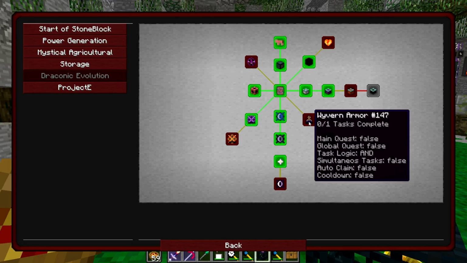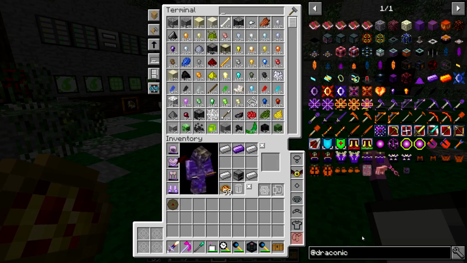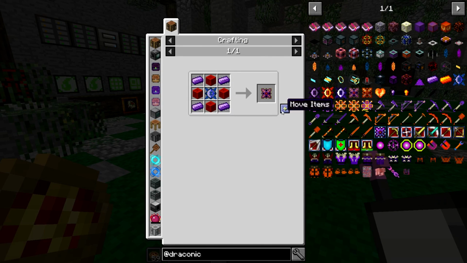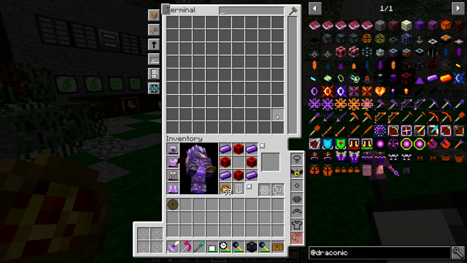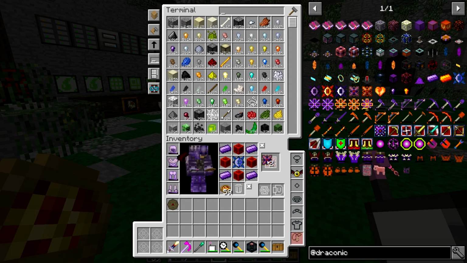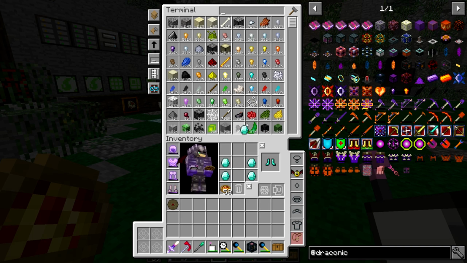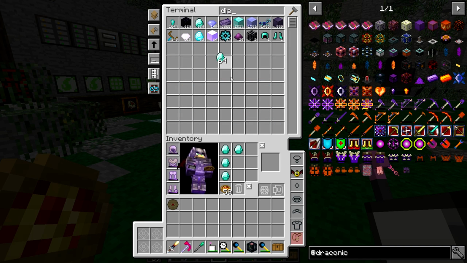And then for the rest, we can do the Wyvern Armor. We can craft that, so let me get all the resources for that. If we look at cores, we only need 1 of this for each one. So we just need a couple of these. Let's just grab 100 just because. Then we can do 1, 2, 3, 4 of these. And then I need a diamond helmet, diamond boots,